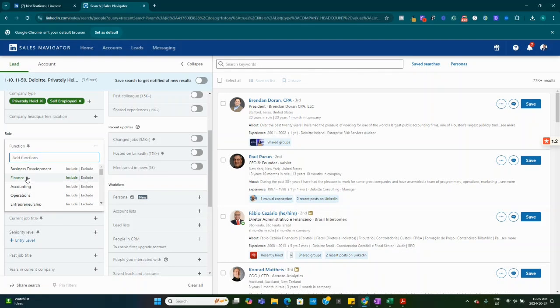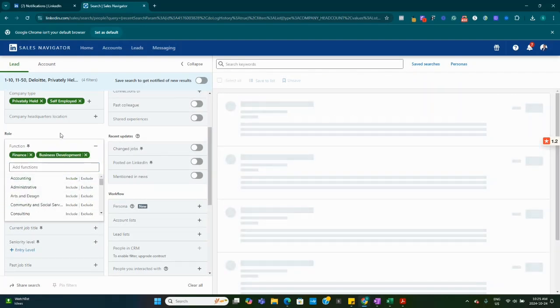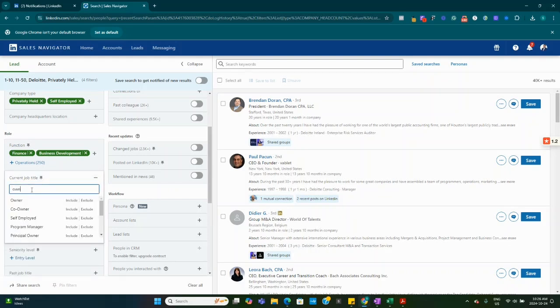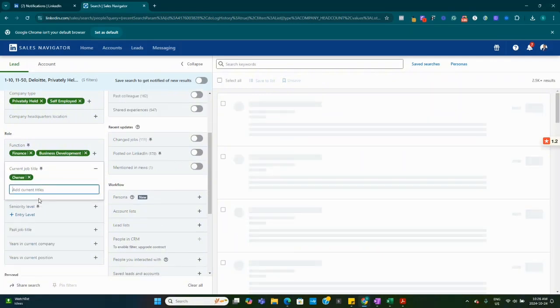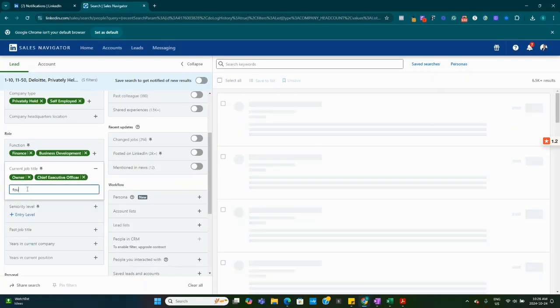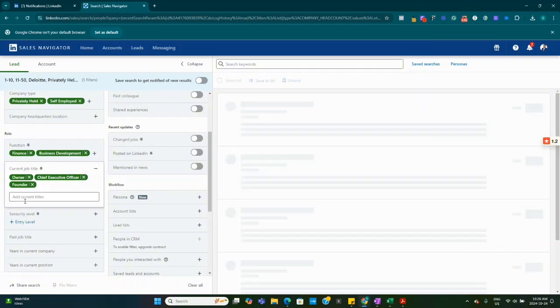We can just say, okay, finance, accounting, business development. You just have to bring this down to exactly who you want to target. You can also look for a current title, and let us see what we can come up with. We can say, okay, we're looking for owners of businesses, and we can say CEOs, right? We can say founders, founder, you know,